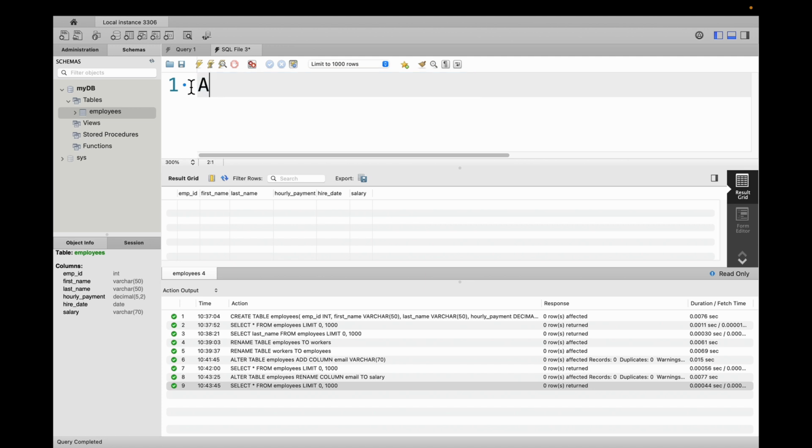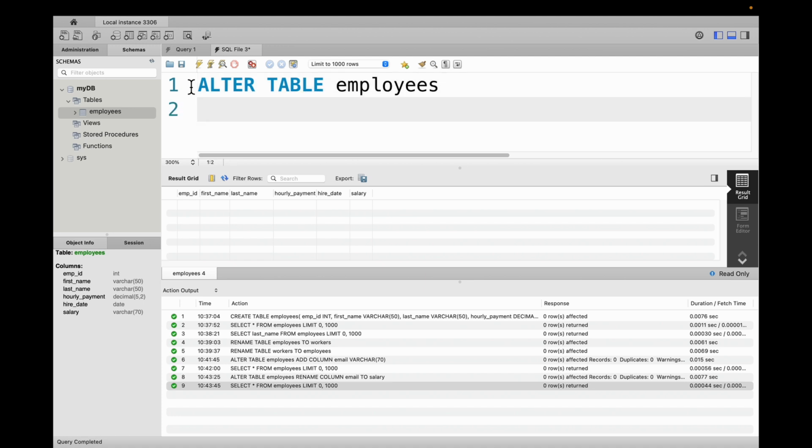You can type alter table employees, and then you can type modify column salary, and then its new data type, it's gonna be decimal, which I guess maybe the 8 and 4 is fine for that, and semicolon. If I execute this statement,